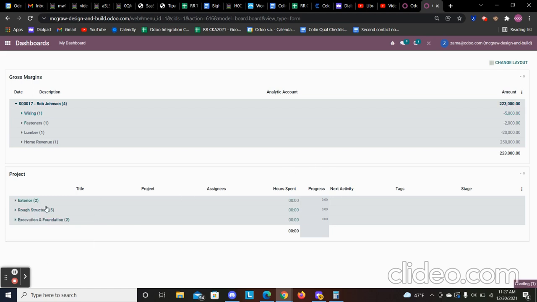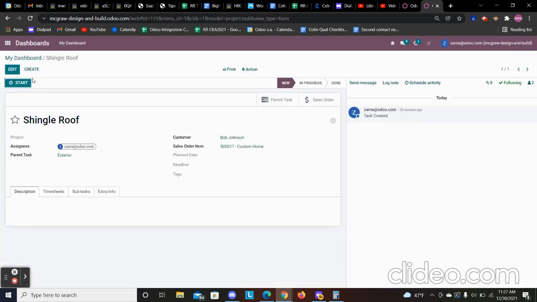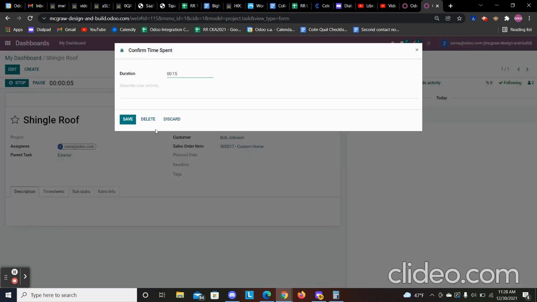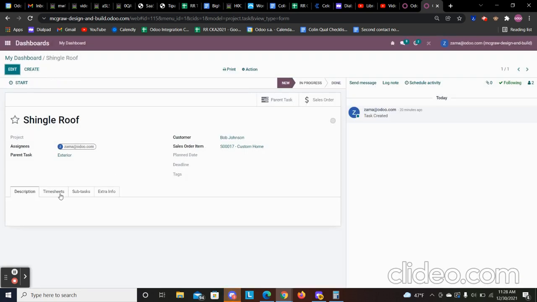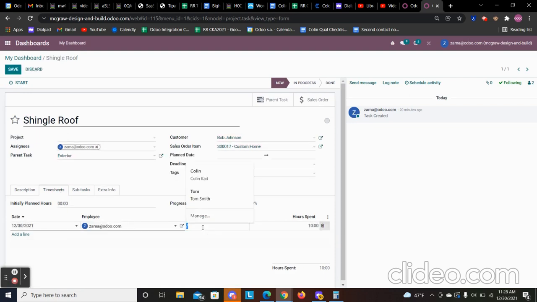You'll also be able to go into your tasks here. You can actually click directly into them, and so that's when you can start and track time related to those tasks. So this, maybe we'll put in 10 hours. You can actually just add it as a line item instead of using the stopwatch. You can do that down here. We can say roof